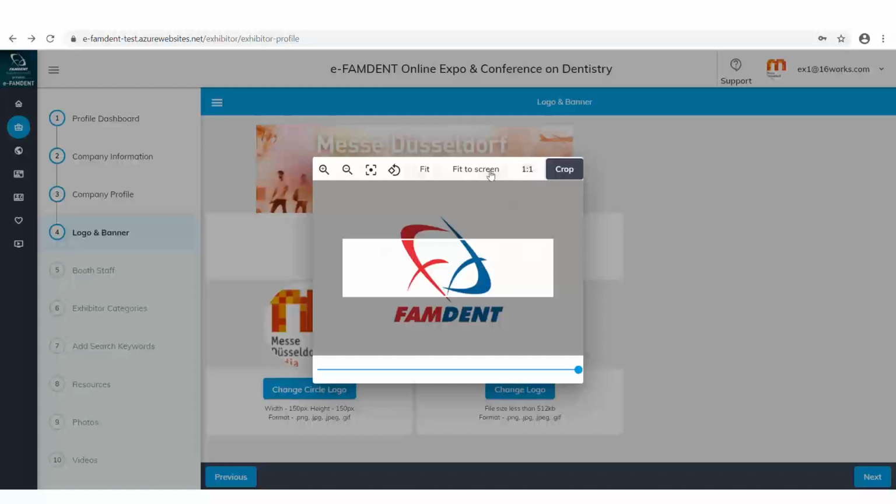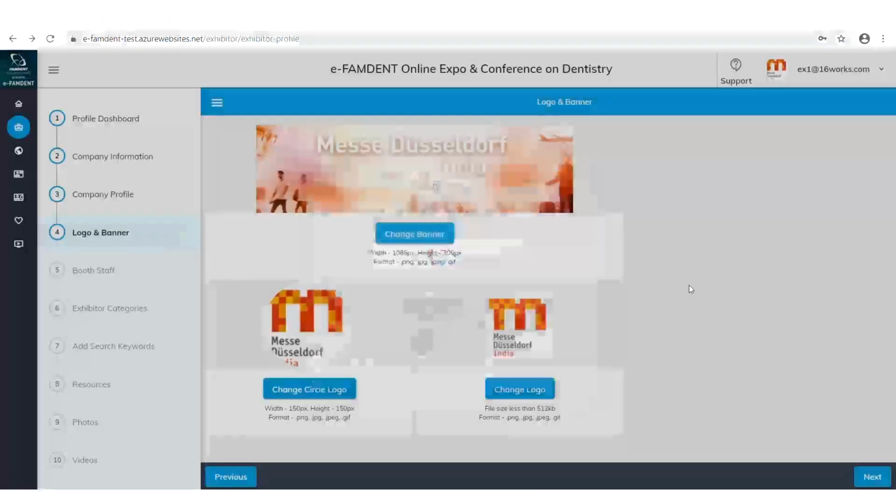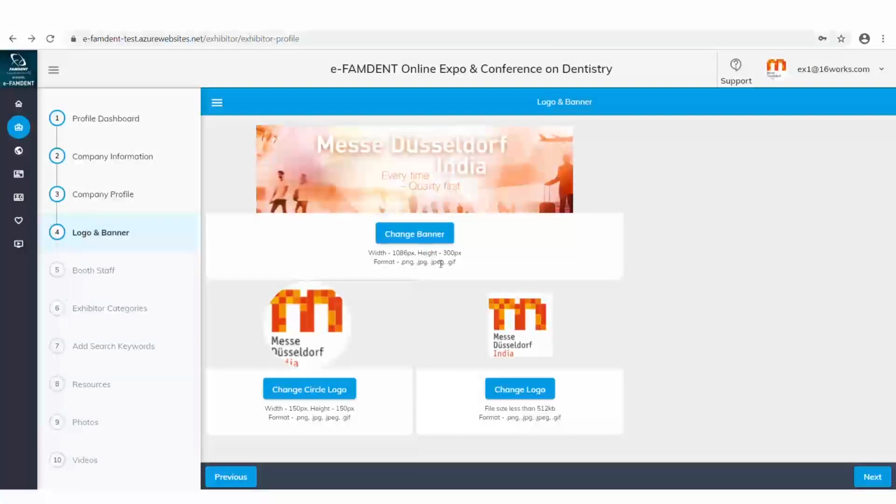So you can edit or crop before you actually upload the banner. But we suggest you strictly follow this specification, so you don't need to do any cropping. In the same way, there is a circle logo, so we request you to design it accordingly so the logo fits into this place.